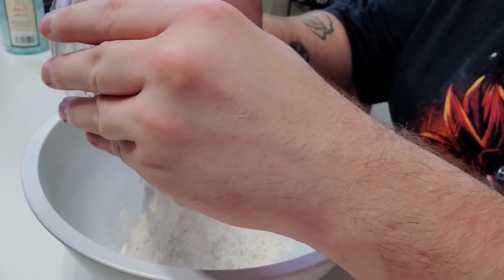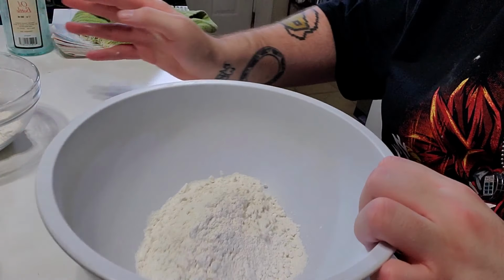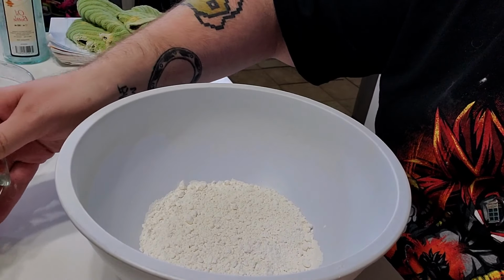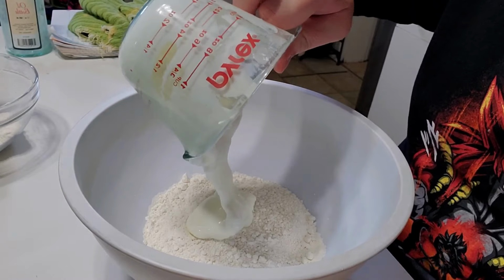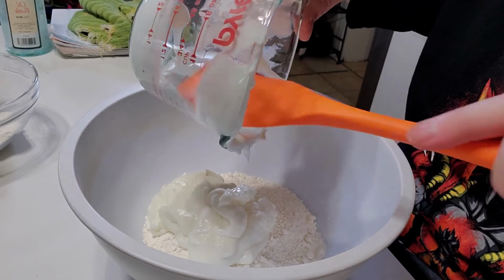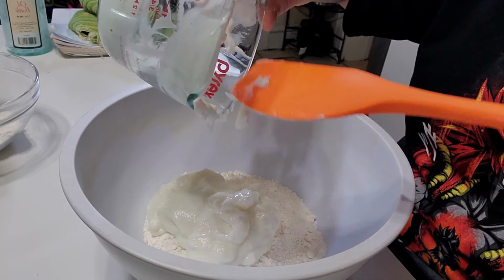So first, we're going into the flour, and I'm not gonna put all of it in right off the bat, because I have found that you want to add more as you go and without going way over on the points. That's the easiest way. And then we're putting in the cup of Greek yogurt, and you want to kind of get it as not as liquidy as you can,